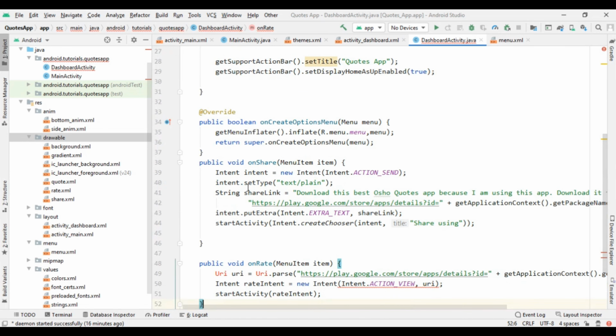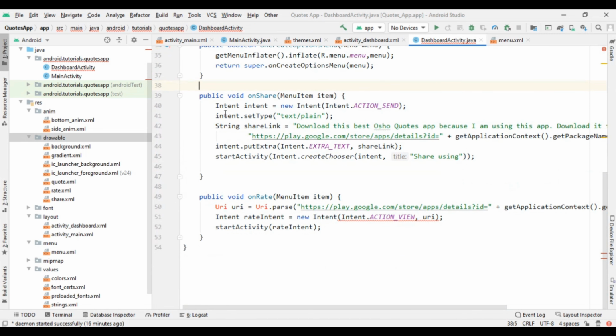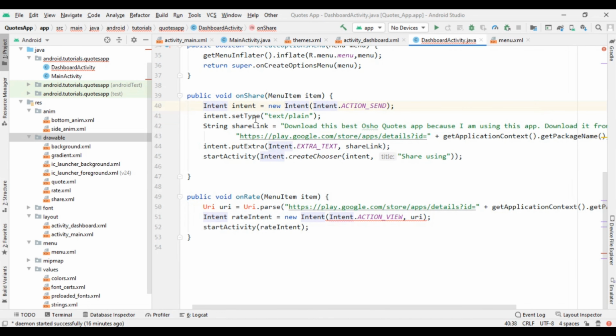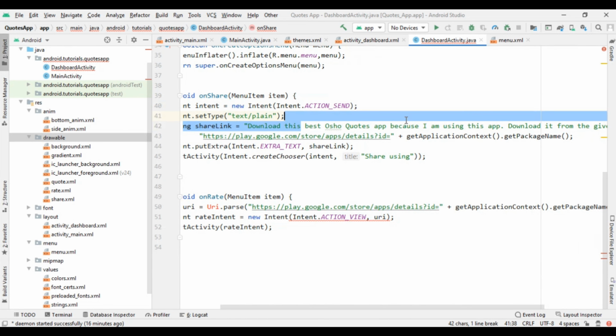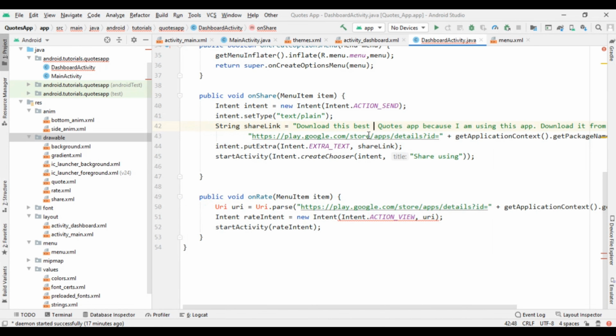So first is on share. So we have to create an intent, new intent, and set that to be action send, and then type will be text plain, and download this quotes app. Because I am using this app, download it from the given link.